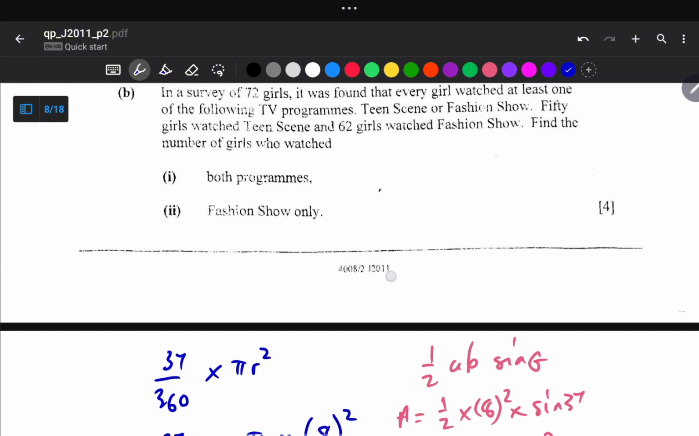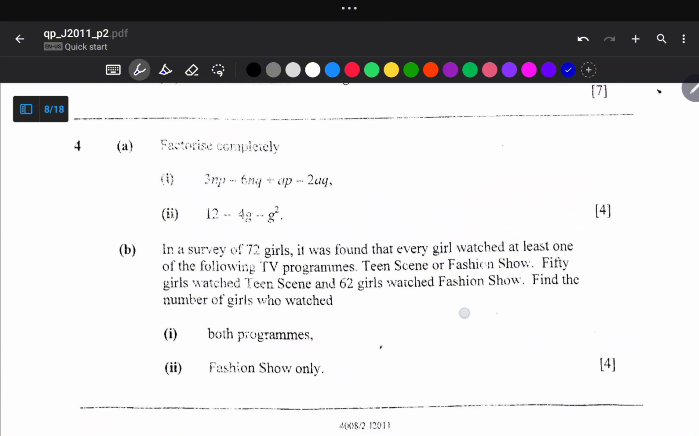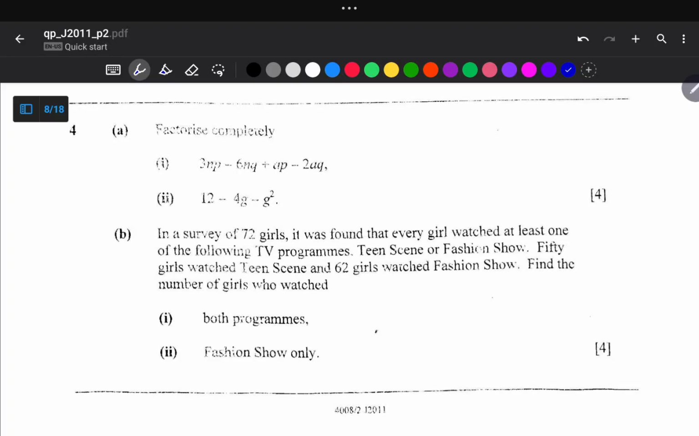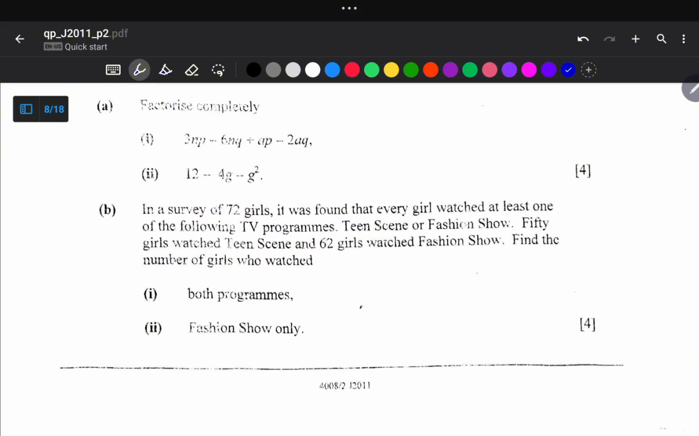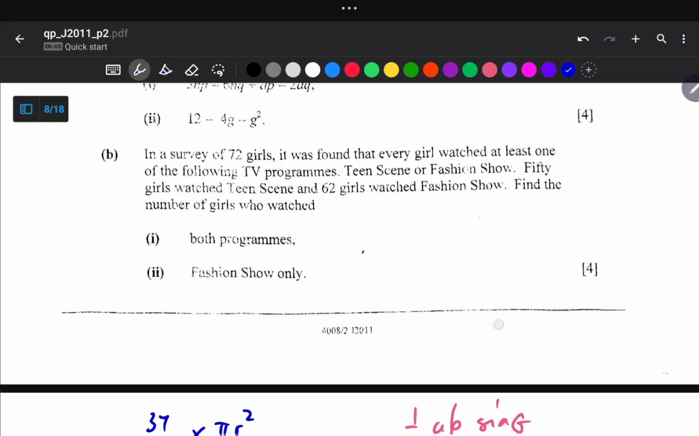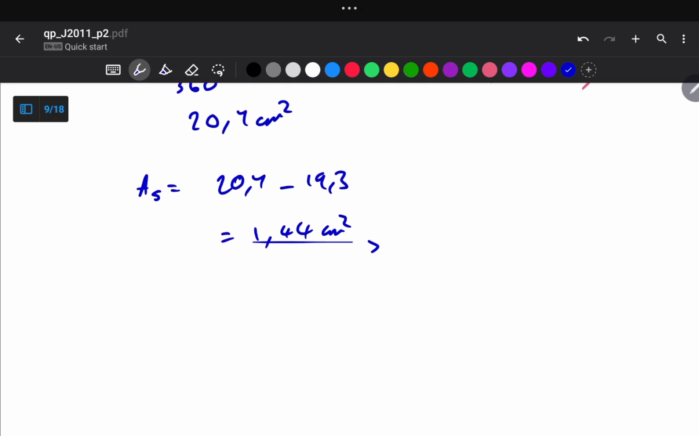Okay, so let us move on to question number 4, which says factorize 3np minus 6nq plus ap minus 2aq. So for number 4, we have 3np minus 6nq plus ap